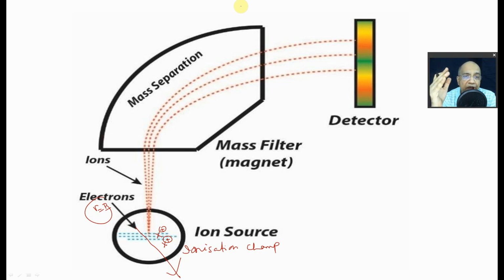So the magnetic field is so designed that all these take a circular turn with different radii of curvature. Now this one is the lightest